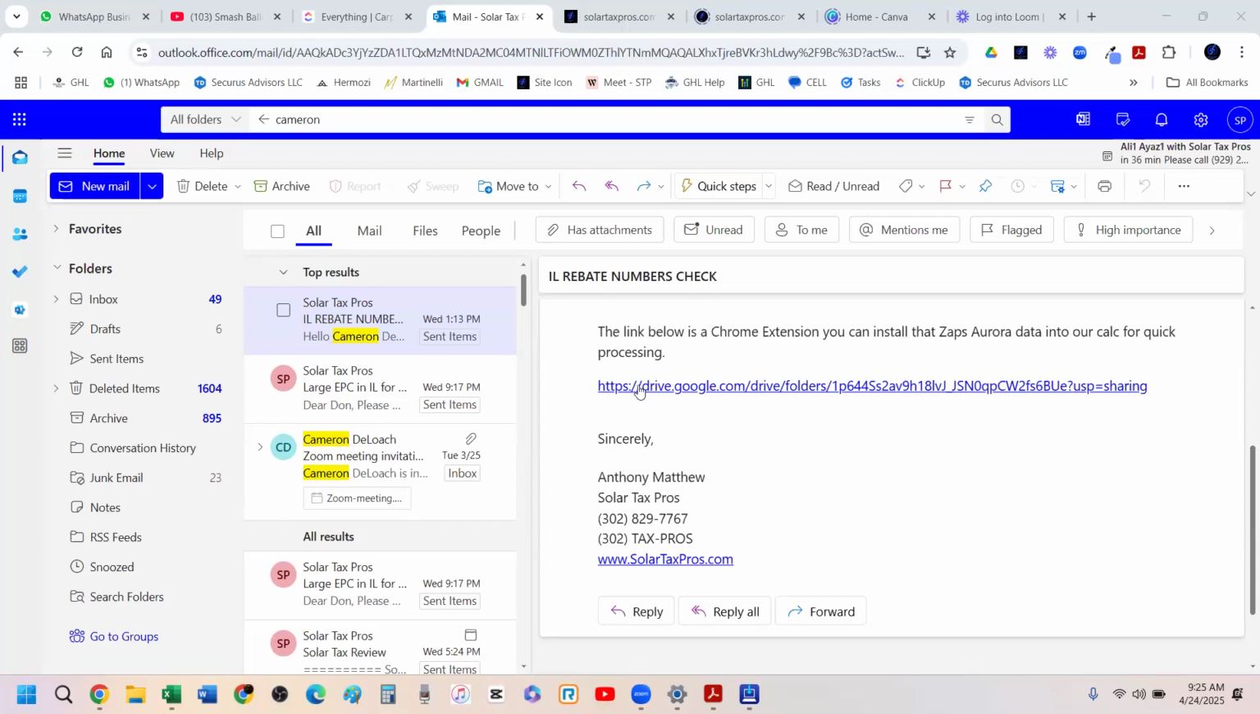So when you get this Google Drive link, this is a Chrome extension to install on your Chrome computer, and it zaps data from Aurora into our Solar Tax Max calculator for quick processing. So here's what you do. You click the link,